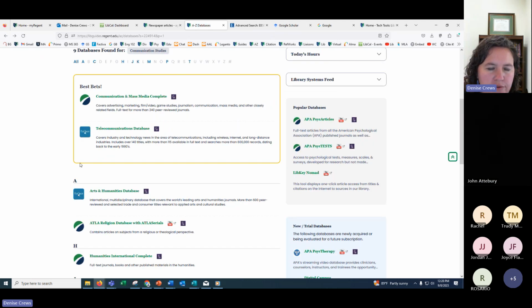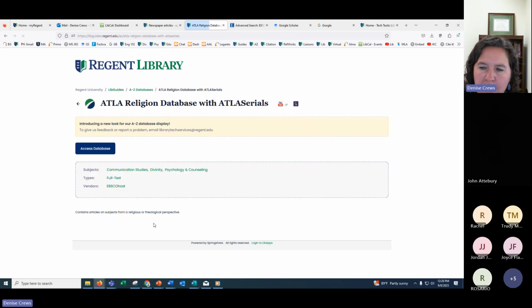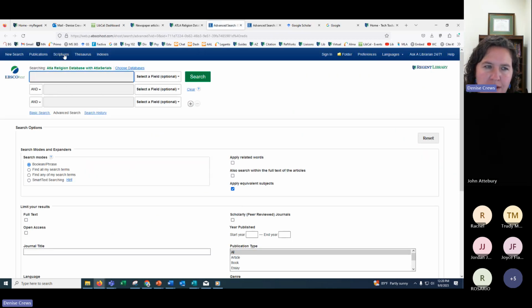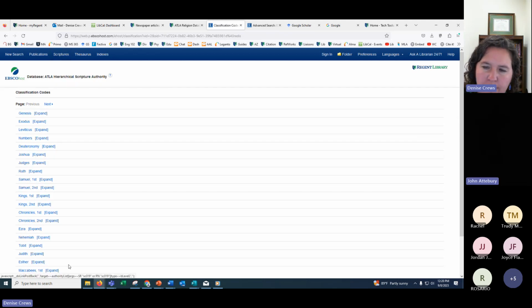Another database I really recommend is the Atla Religion with Atla Serials. And I know a lot of papers at Regent ask you to use scripture in your paper. And this is a database I really recommend for that because it gives you a scripture tool up in the top left. You can click scriptures and then choose whatever book of the Bible. So if you want to see if maybe a verse in the Bible refers to censorship or whatever topic you're looking at, healthcare, if you know that verse, you can go to the book,